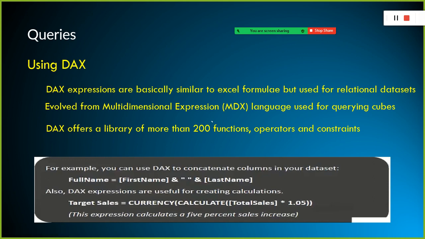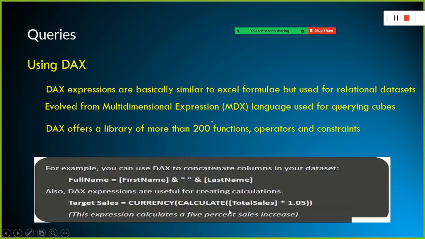So in Power BI, they have something called DAX, Data Analysis Expressions. This is nothing but like the Excel formulas. We use some formulas in Excel, right? It is somewhat similar. If I want to combine the first name and last name, two columns, into a single column, I'll have to use ampersand, double quote, ampersand. That's all. You can combine it, like how we do it in Excel.